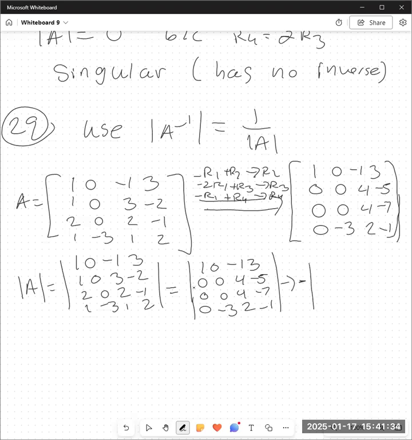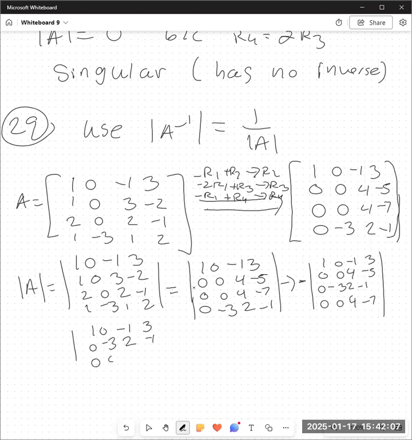This first row swap gives me this. And the second row swap changes it back to a positive and is 1, 0, -1, 3, 0, -3, 2,